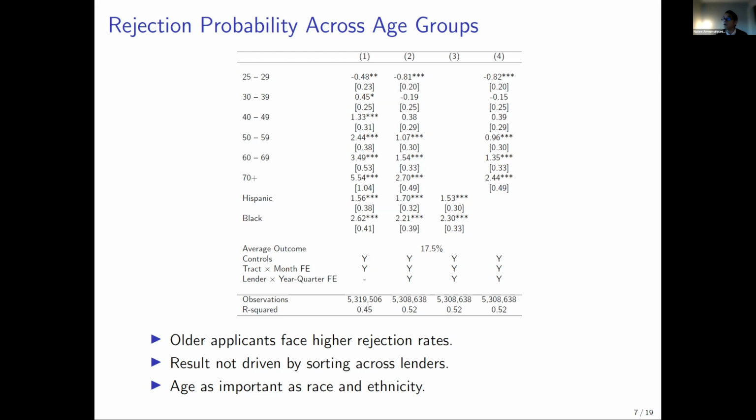In columns 3 and 4, I'm just doing a simple exercise where I leave out one set of demographics to see whether it matters for the remaining set. And what I find is that it does not matter. In column 3, I leave out the age variables and the coefficients on Hispanic and Black are the same, which means that the conclusions from prior literature that did not have access to age information would be unlikely to change.